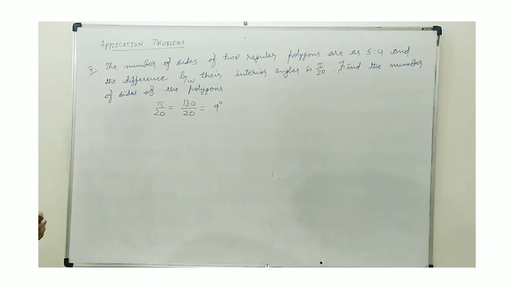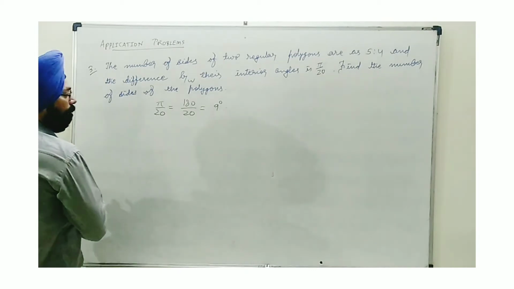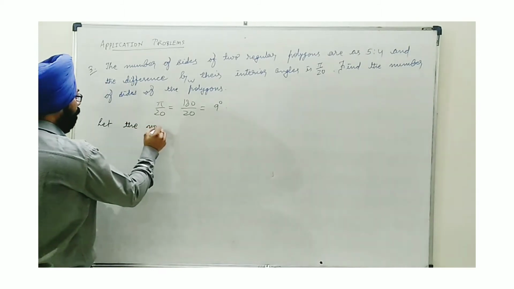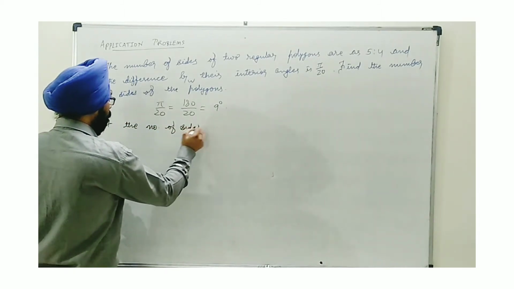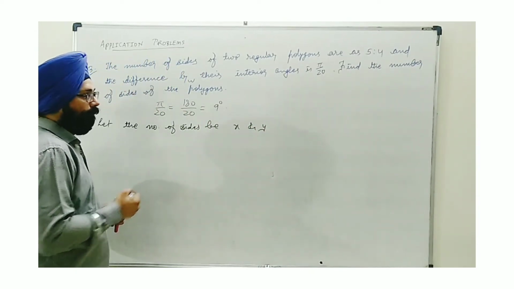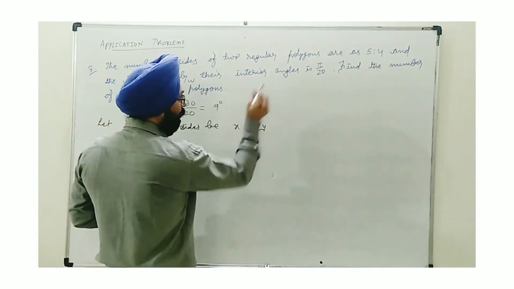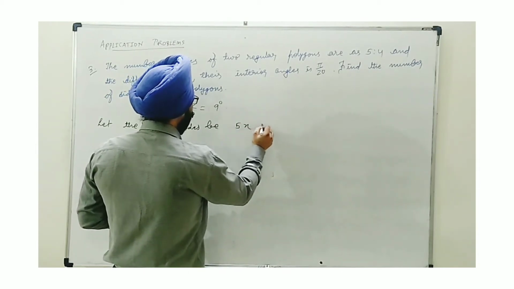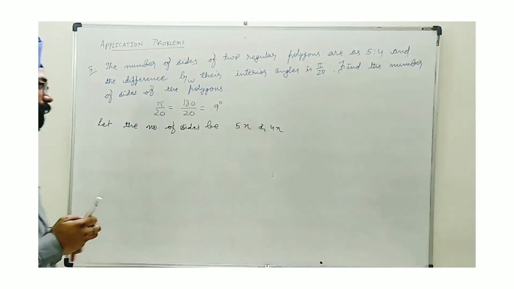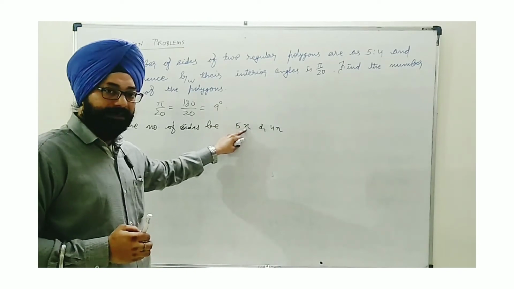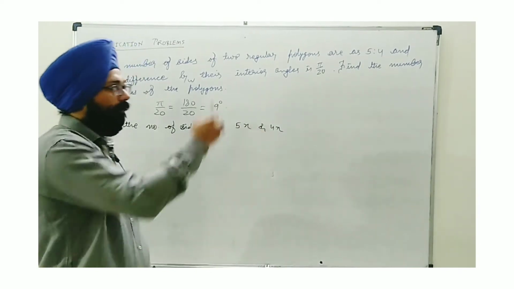Now, as our target is to find the number of sides of these polygons, we will consider the number of sides to be x and y. We have taken. Okay, but as a ratio is given, it is better to take it along with the ratio. In the pattern of ratio, what will we write? 5x and 4x. I think this will be more convenient for a student. As the ratio is given 5:4, we can take one common factor x in them, 5x and 4x. This will be the number of sides in them.